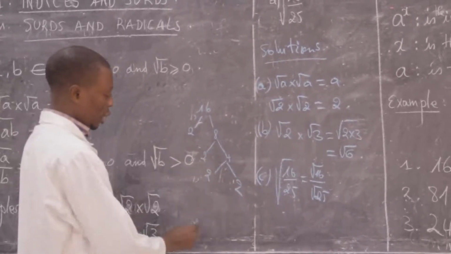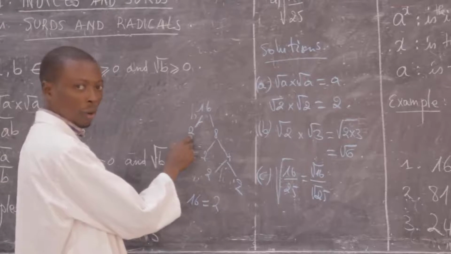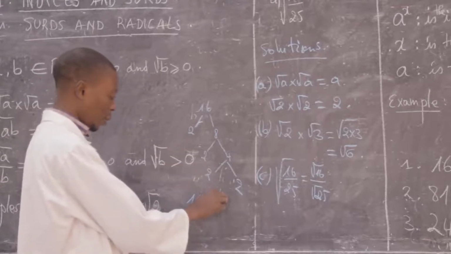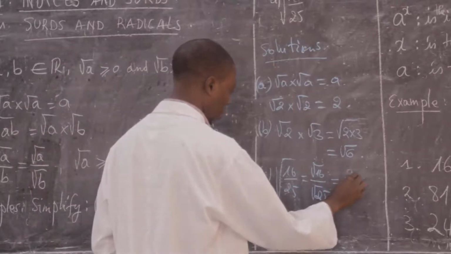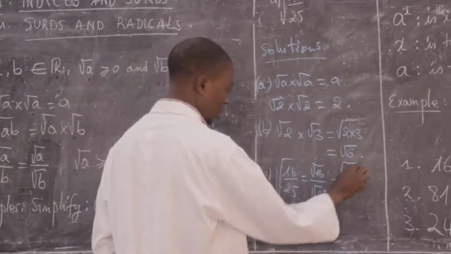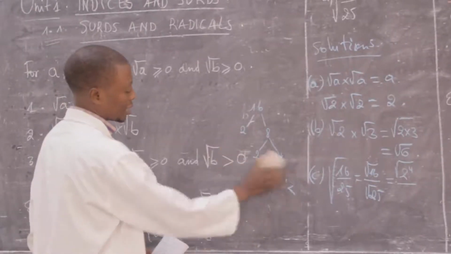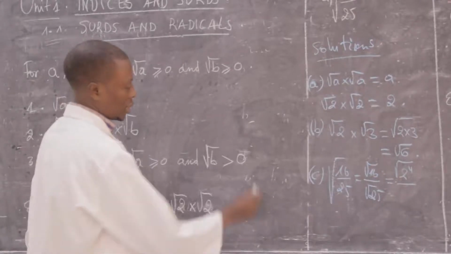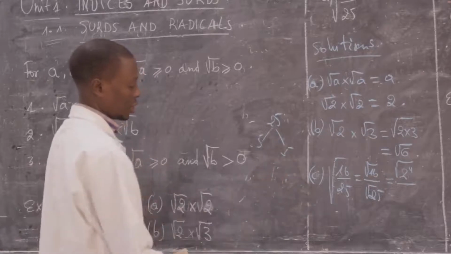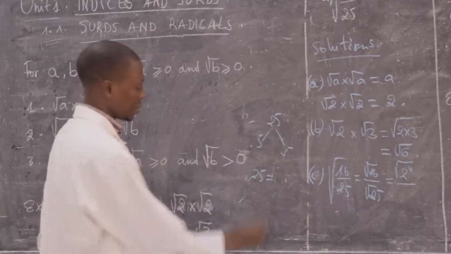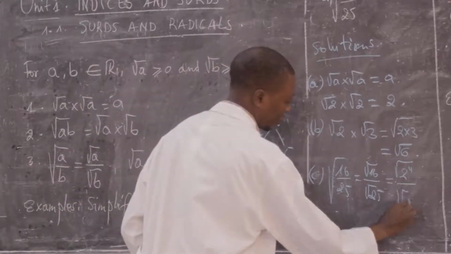Because you have 2, you can simply write 16 as 2 power 4: you write 1, 2, then 1, 2, 3, 4. So in this case, you can have square root of 2 power 4 over, again for 25 you can find also prime factors, no problem. This is 25, if you put 5, you get another 5, you finish. So 25 can be written as 5 power 2. So put square root of 5 power 2.